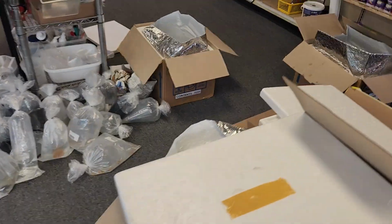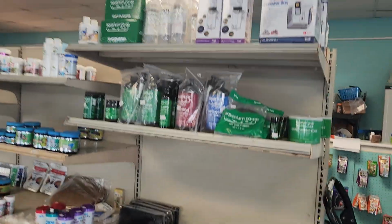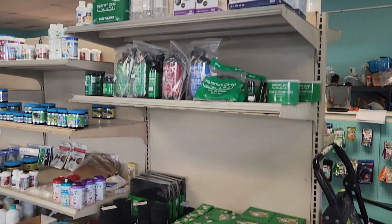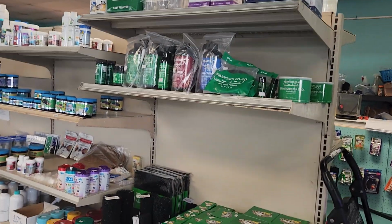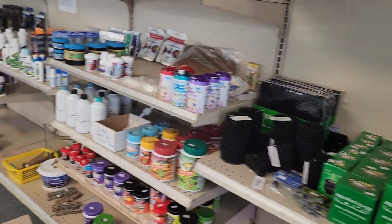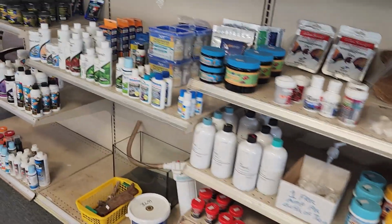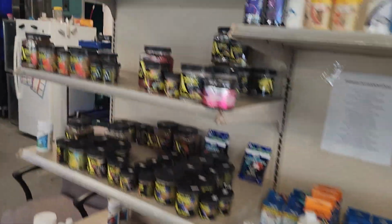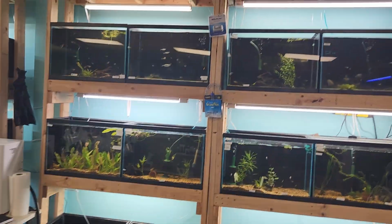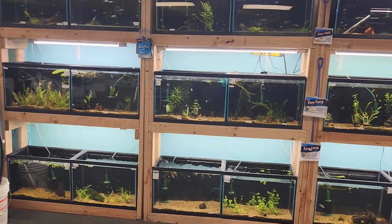Of course, here's all the stuff we just unpacked. This is some of our dry goods. We're now an official distributor of Aquarium Co-op products. It's going very well. This is our third or fourth shipment of it already. Stuff flies out of here. And we got Thrive, of course Seachem, Cell Extreme foods as well. Just different hard goods. And this is where you get more into bigger tetras, you know, rams,